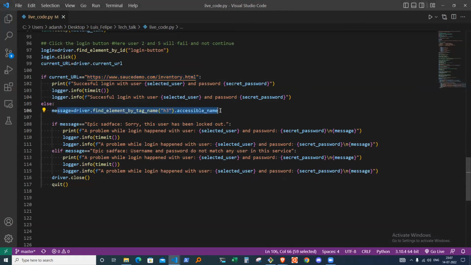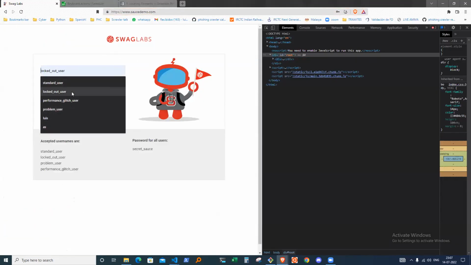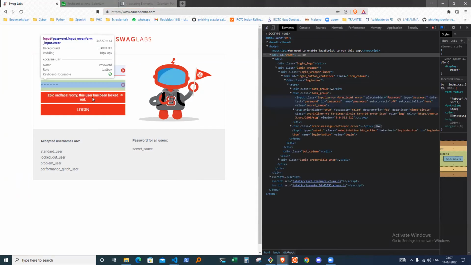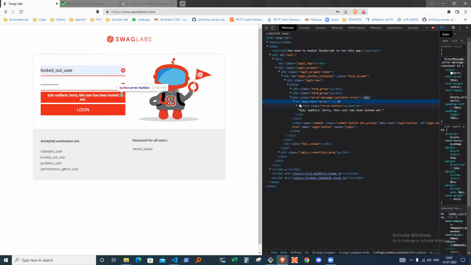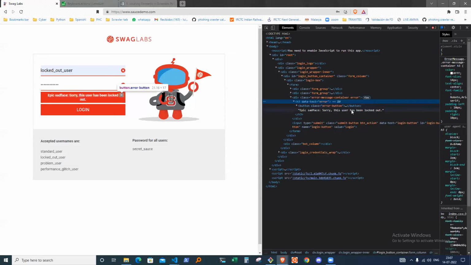So we're going to find the element and accessible name. Again, I find it by debugging. So this iterative process will tell us the proper attribute that we have to use for each variable. So let's go here and I show how to find it. Let's put locked user, secret sauce. And here, as we don't move forward, we find that the tag is h3 and it has some message. Before it was text, now it's called accessible name. So it's always changing, and we have to be very, very patient in that process to find the real way